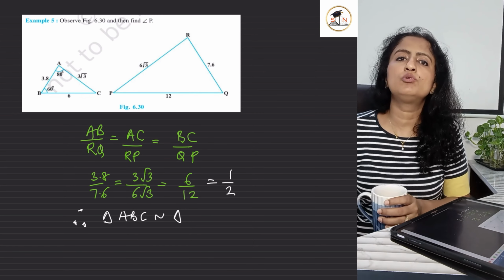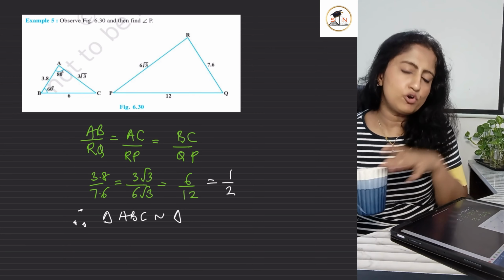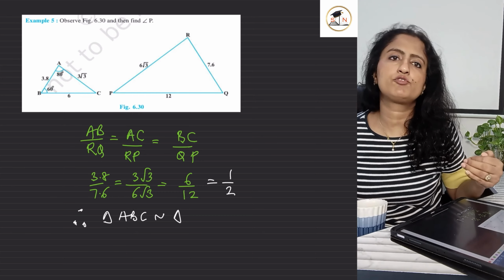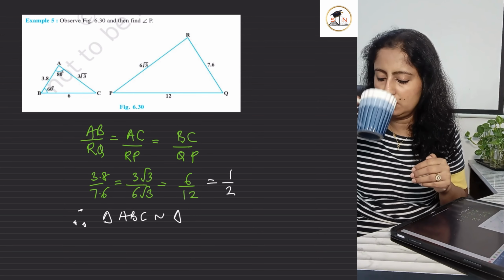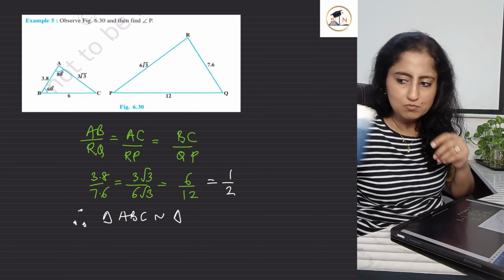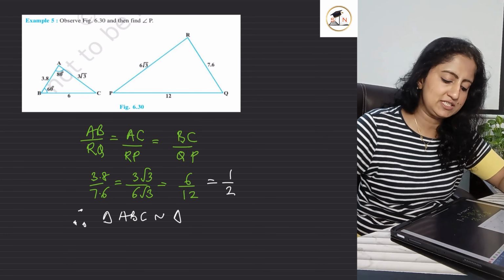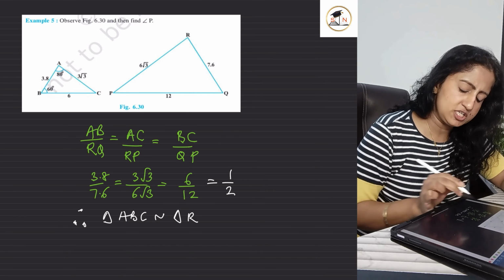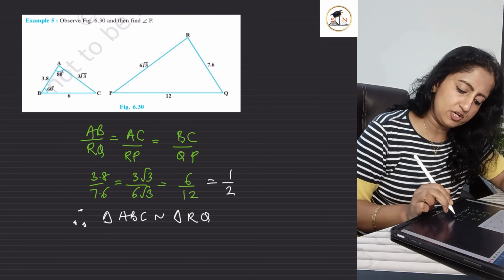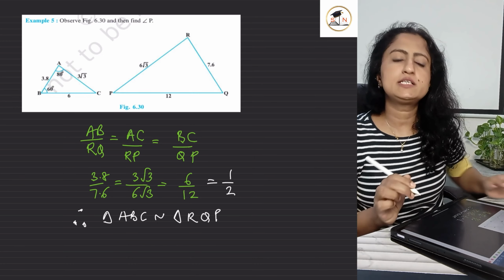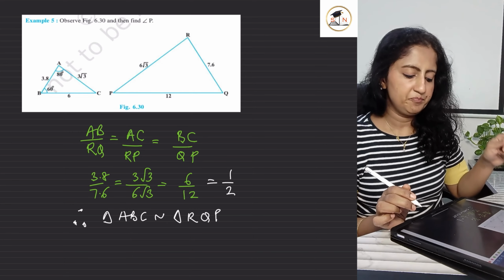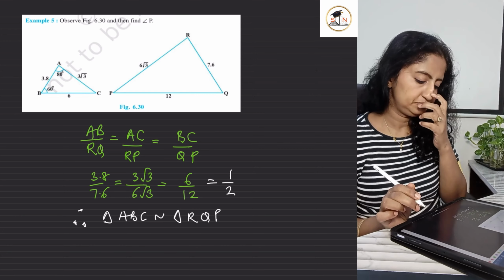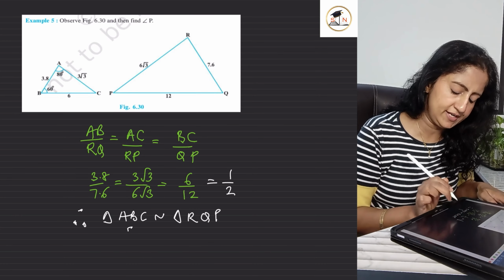Until the time we don't do, we cannot proceed. और अगर वो गलत हो गया तो आपका फर्स्ट हाफ तो कंसिडर ठीक कर दिया जाएगा, लेकिन सेकेंड हाफ को गलत मार्क कर दिया जाएगा। ओके, सो व्हाट्स द नेम ऑफ द सेकेंड ट्रायंगल? ए के कॉरेस्पॉन्डेंस में आर था, बी के कॉरेस्पॉन्डेंस में क्यू था, सी के कॉरेस्पॉन्डेंस में पी था। सो इट इज गोइंग टू बी ट्रायंगल ABC सिमिलर टू ट्रायंगल RQP।